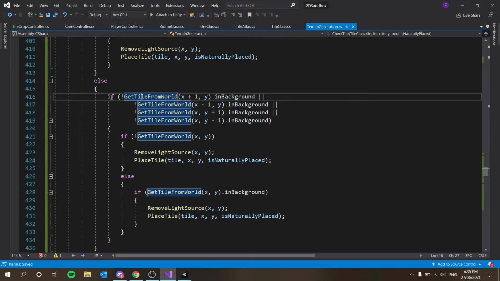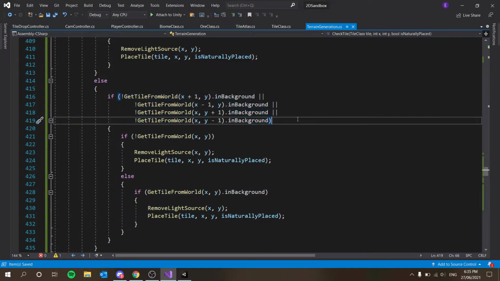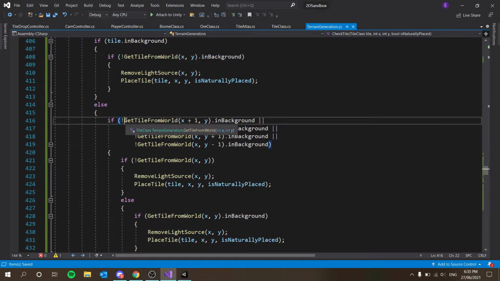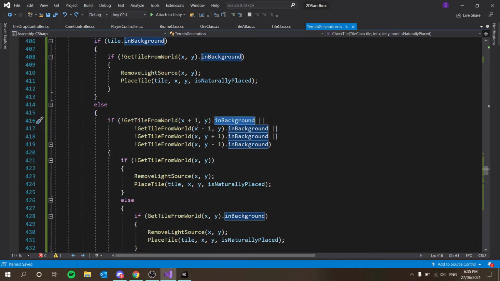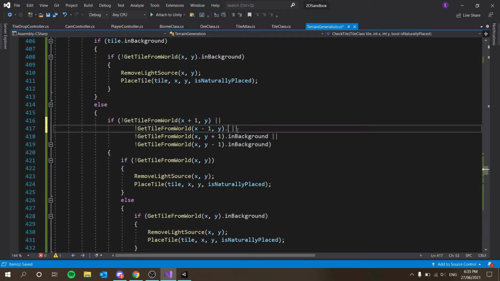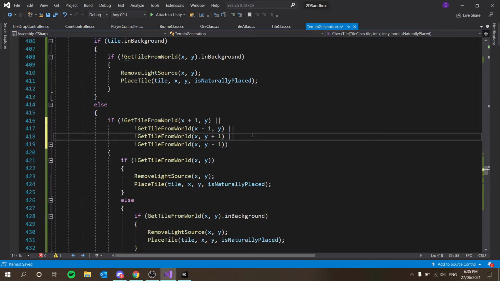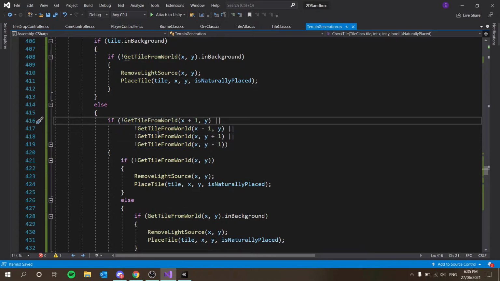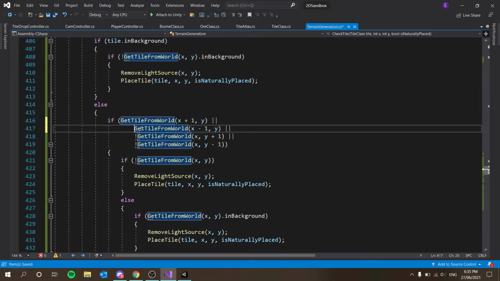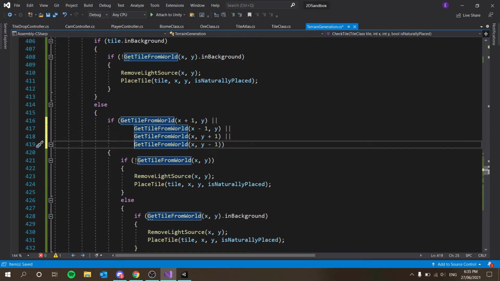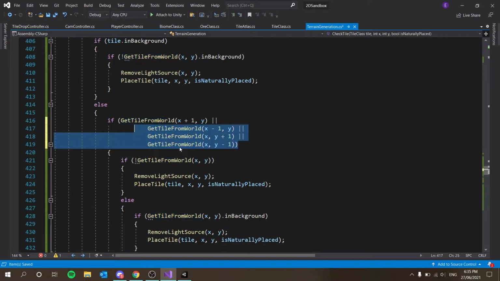All right. So if there's no, wait. This should be if not tile in background. So if the tile we get from this position dot in back, no, we should check if there's a tile in general here. That's what we should do. So if get tile from this position, regardless if it's a wall or background tile, sorry, a solid or background tile,